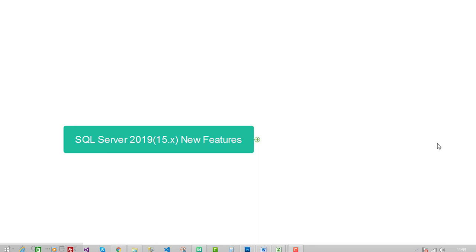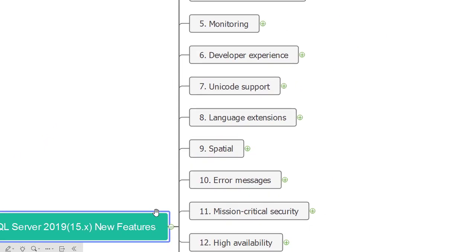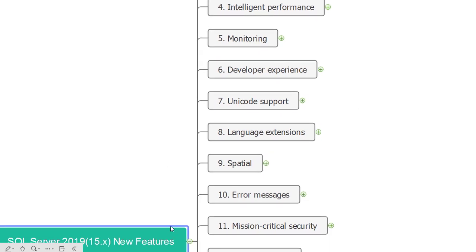And no doubt, all the features are not going to be used in one go. I'm only going to highlight the features that are added here, and you can later deep dive into each and every one of the new features. So let's see, what are they? First, I have categorized them into